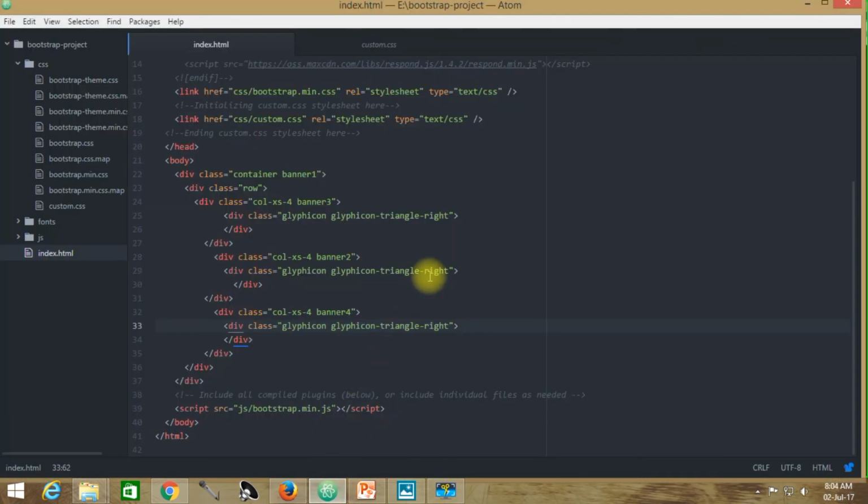Now you may say, where's the gap in between these three boxes that we have placed over here. Practically this is the gap you will observe whenever you are putting some contents inside. As you can see, there's already a gap from its extreme left. So if you want to see those gaps, you have to place contents inside, and then you will be observing some gaps over here. Those are practically padding, padding left, padding right, as you may see here. So this is the thing up to this part.